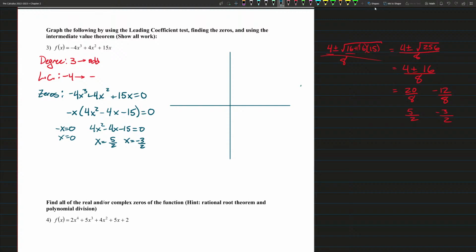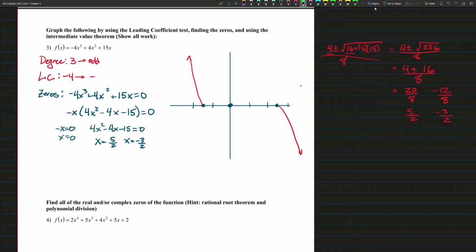Okay, so we have x equals 0. That's a point. That's a 0. 5 halves. So look right here. Negative 3 halves. Select right here. We know by the leading coefficient test that it starts up top on the left and then it goes on the bottom right. Okay, so far we have that graph, and then the rest we have to